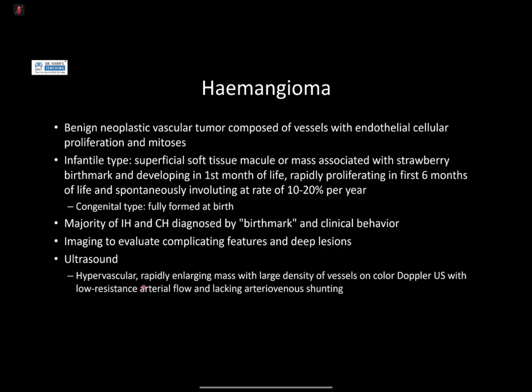So an ultrasound is one of your key things. You do an ultrasound first for any lumps or bumps in the kid, hypervascular, rapidly enlarging or decreasing depending on when you image it, with a large density of vessels, and you get arterial flow in them. So if you are saying, how do I differentiate the arterial flow from hemangioma versus